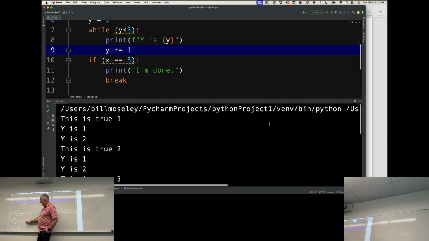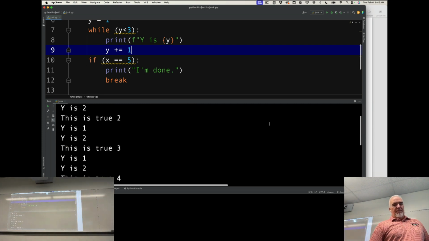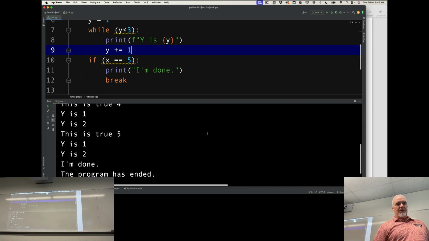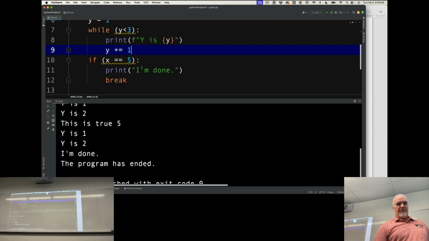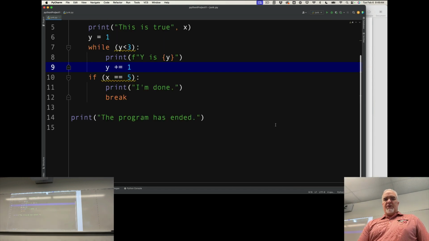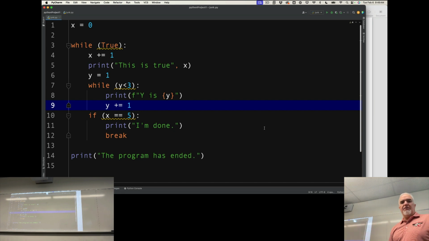X is not equal to 5. And then it goes through each time that while loop happens until we get to x is equal to 5, then it breaks out of that loop. Program has ended. Okay, so we can start to envision some more complex patterns here, and you'll see each time